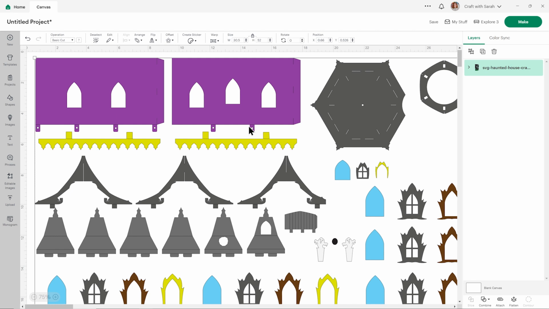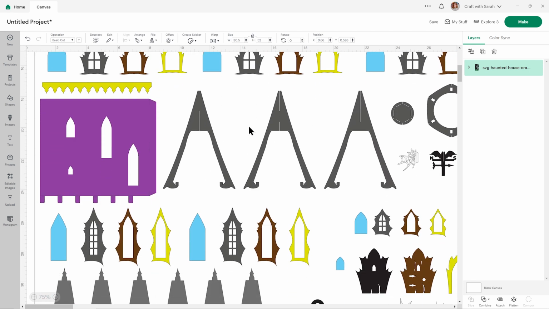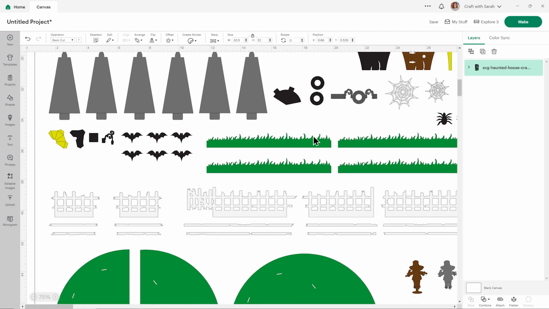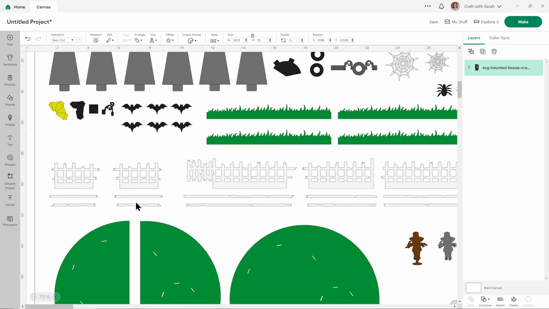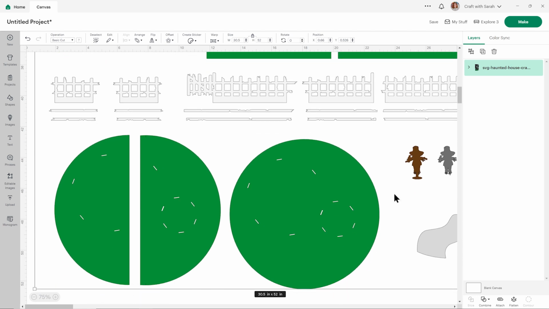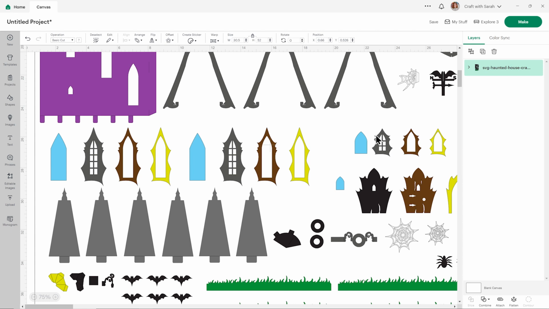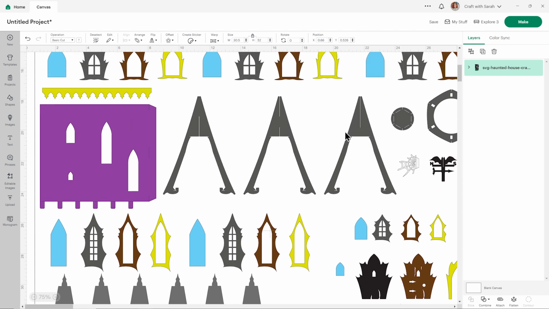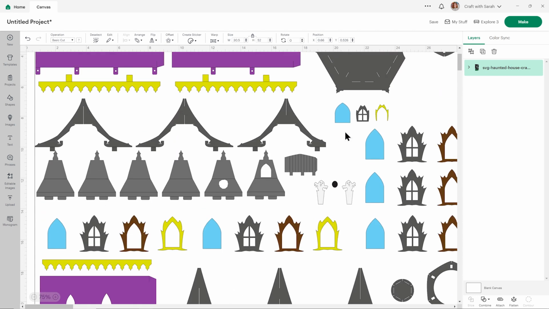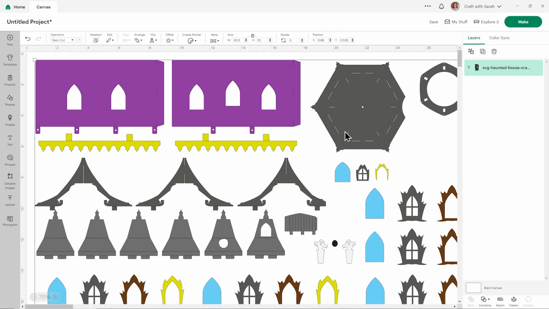Zooming out, the things that are different in your version: your grass is going to be a little bit longer. You probably won't notice that too much on the screen, but you're not going to have all these little thin bits of white underneath the fences. Once they were cut out, I realised how small and fiddly they were, and they weren't really making much difference to the overall effect, so I've removed those in your one. And also you'll see one extra fence piece in your version too. So if you're looking at yours on the screen and noticing that it doesn't quite exactly match mine, that's why: I just made a few tweaks to make it easier and better for you to be able to use the file.